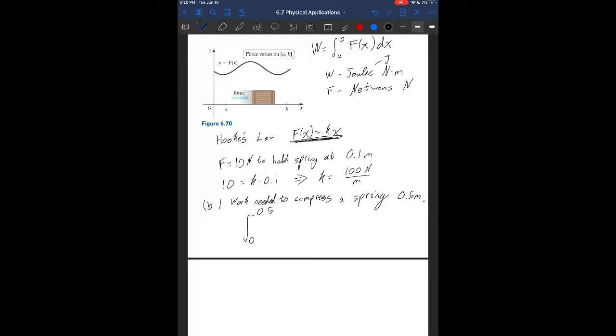In general, for these types of problems, compressing to the left will lead to a negative x value, and stretching will lead to a positive x value, which is just a convention that we hold so that we can distinguish the two directions. All right, and we also have our work function, which is going to be just 100x